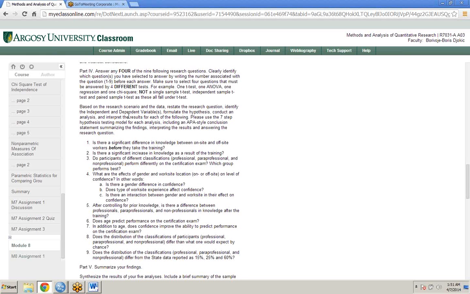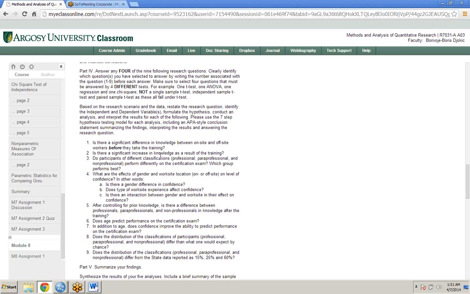So, based on the research area, restate the research question. Identify independent and dependent variables. Formulate the hypothesis. Conduct an analysis. Interpret results for each of the following. Please use the 7-step hypothesis testing model for each analysis, including an APA style conclusion statement summarizing the findings,